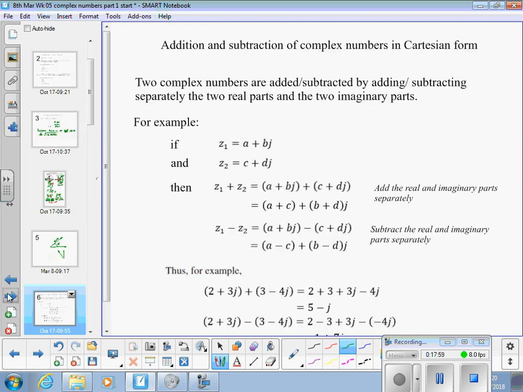So, how we do calculations of complex numbers. We're going to start off with the Cartesian or j type numbers, and how we add them together. For addition, two complex numbers are added or subtracted by adding or subtracting separately the two real parts and the two imaginary parts. So, for example, if we've got a vector quantity z,